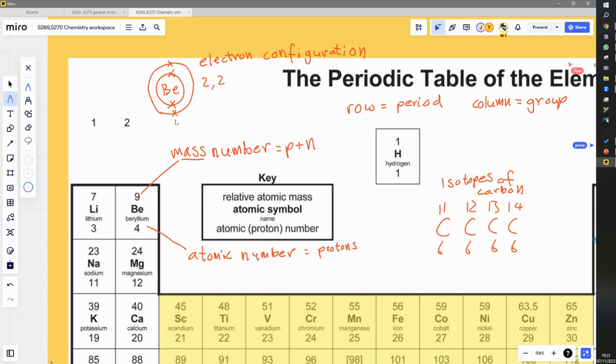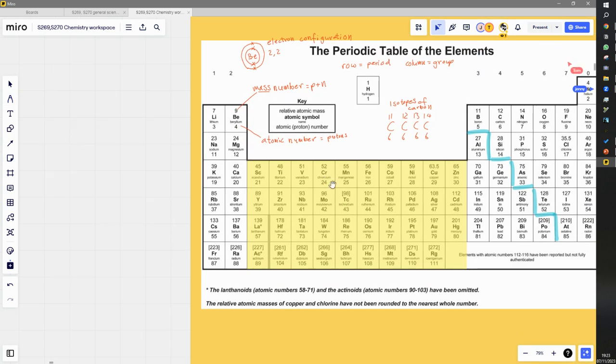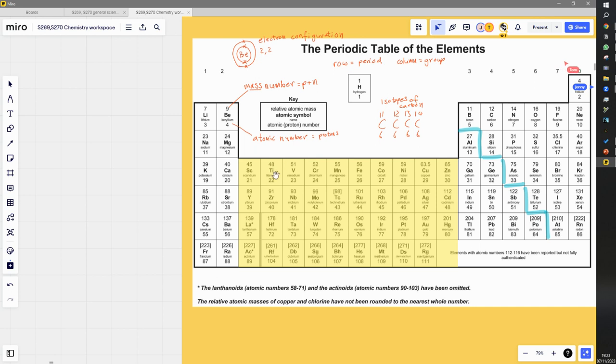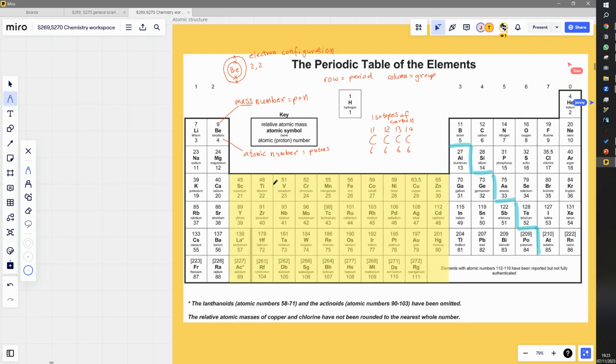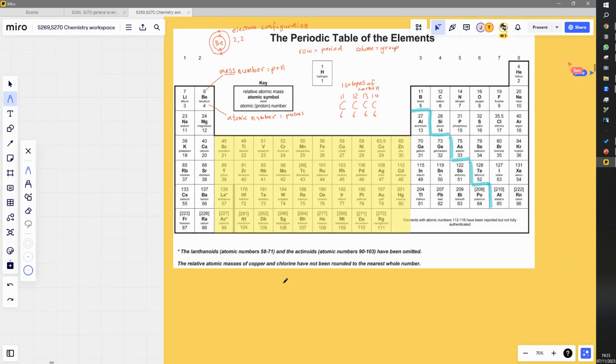So a while ago I was talking about how weird the transition metals are. We're going to gradually get to that, but we can start to see one thing weird about it is that it doesn't seem to have a group number. We've got group 1, group 2, and suddenly nothing, and then group 3. So transition metals don't seem to have a group number. Let's try to understand why that is. Well, if I look at beryllium again,